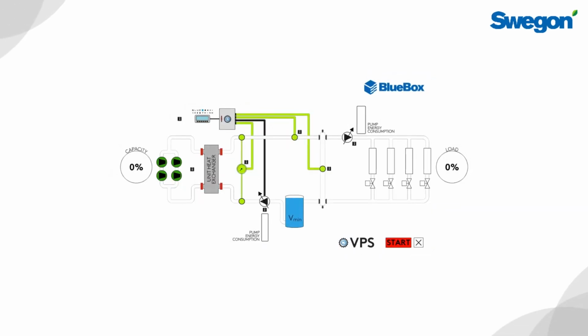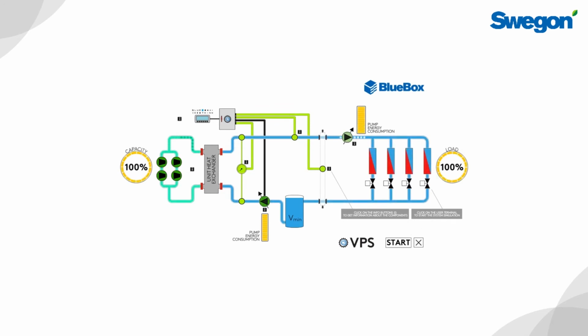Let's take a look at the VPS system in operation. Starting with a load of 100%, all terminal units are providing maximum cooling or heating. The primary and secondary pumps run at full speed, and the Omicron runs at full load. As the terminal units meet their demand, their valves start to close. The flow rate through them reduces and the return water temperature drops, reducing the compressors and the speed of the